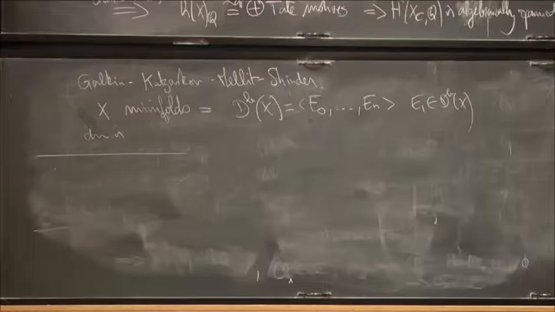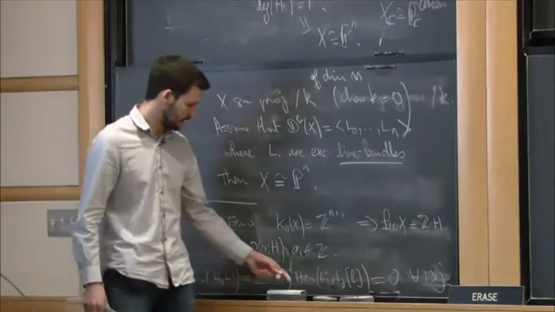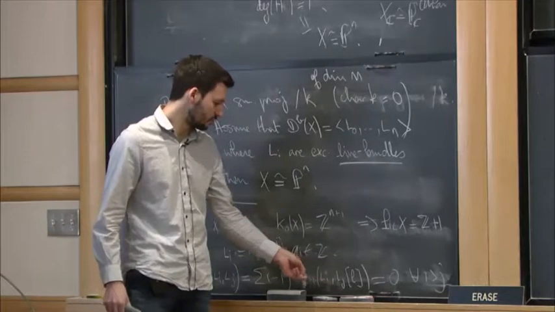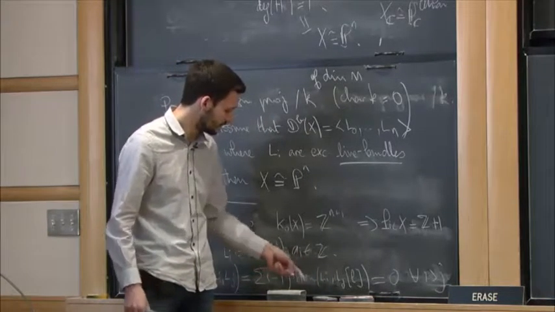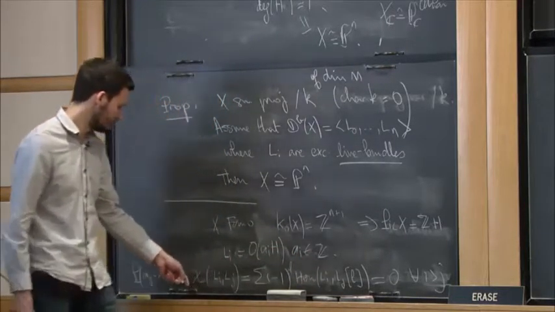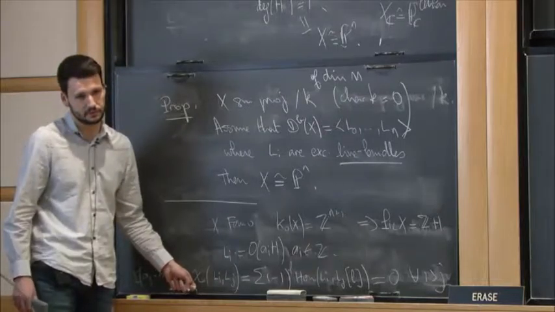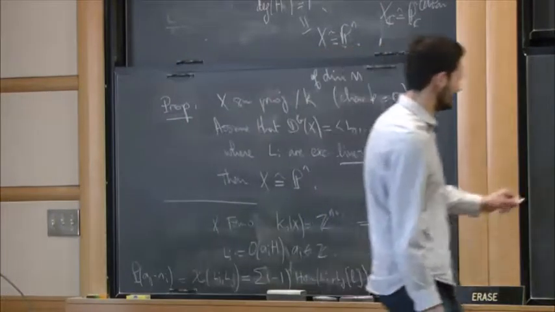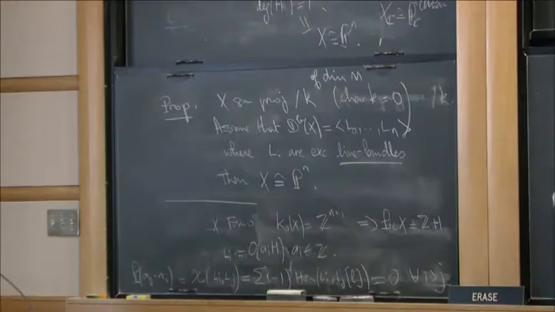Okay, so I mentioned this numerical criterion. As you might have seen here, I didn't use the full fact, at least for this equality, that the collection was semi-orthogonal, but I only used that the Euler characteristics were 0. So this is the definition I want to make. A numerically exceptional object E is an object